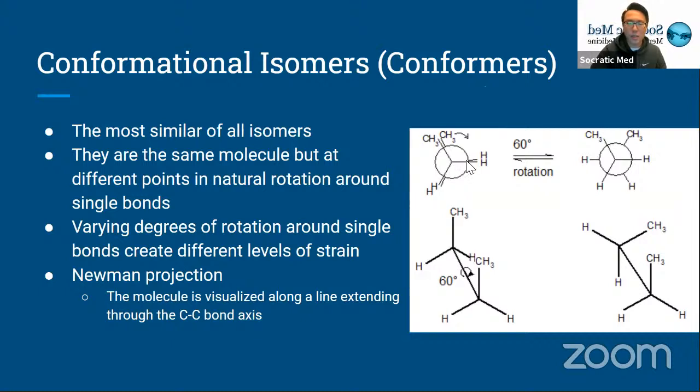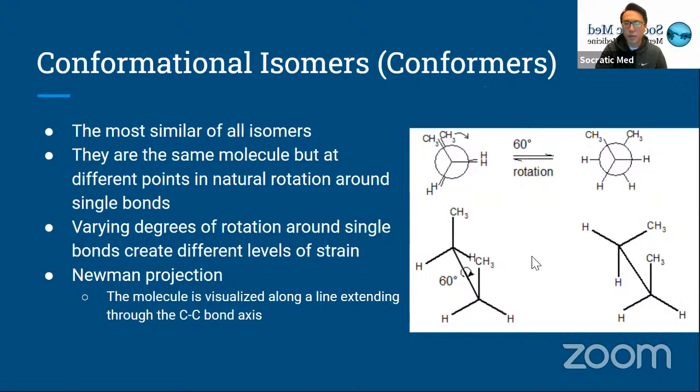This creates more strain on the bond than the rotation on the right side, where all the substituents are separated from each other equally. This would be more favorable because the substituents aren't directly on top of each other, creating strain on the